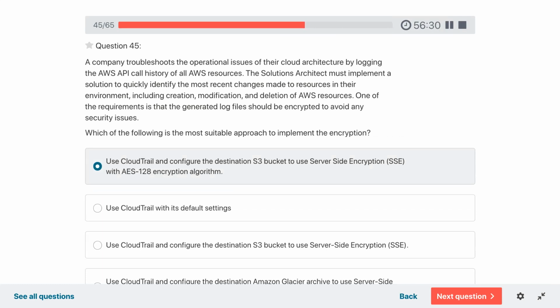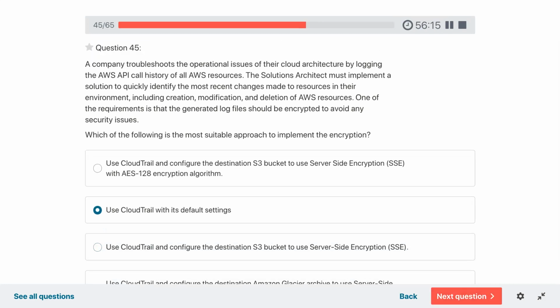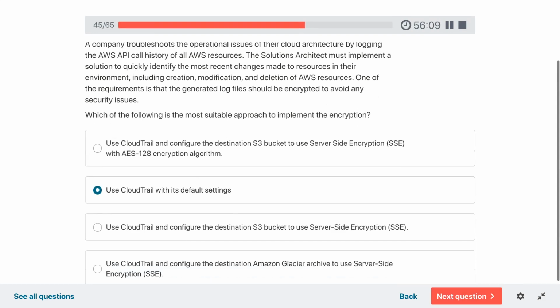So I think this would be the correct answer. You do not need to configure the destination as S3.